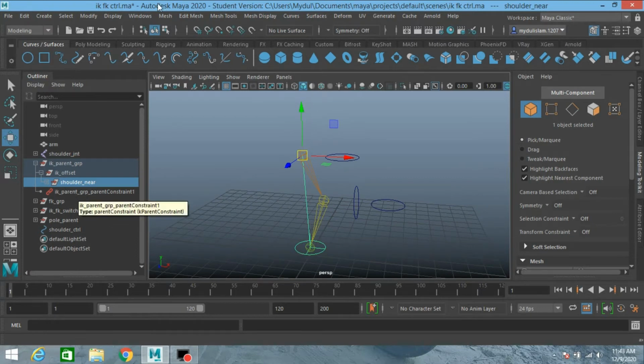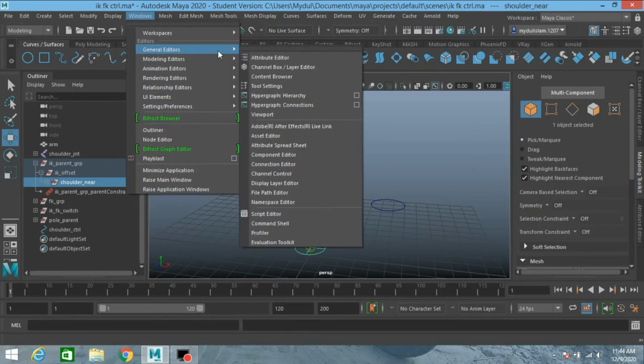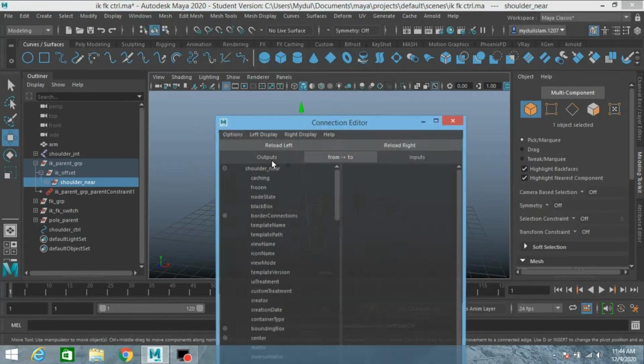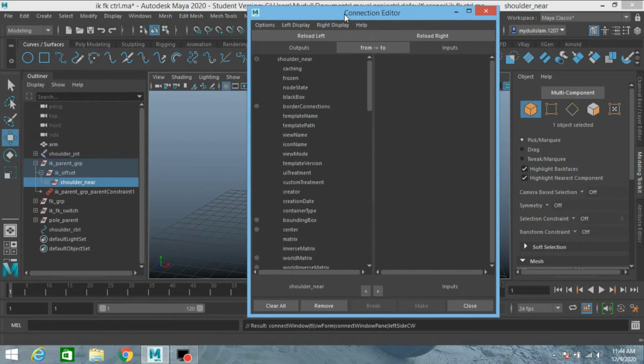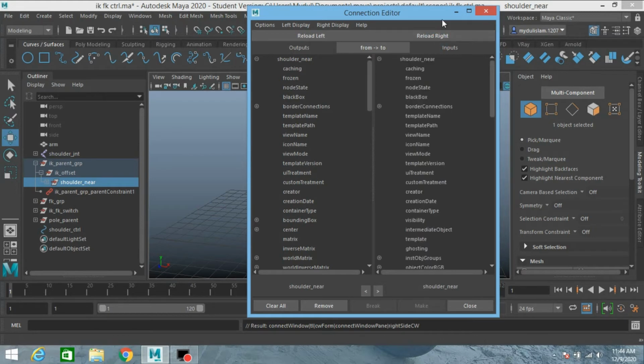Now go to Windows, General Editor, open Connection Editor. Select the shoulder near group and click reload right. Click hide the non-keyable.